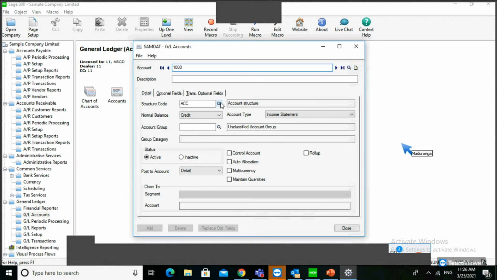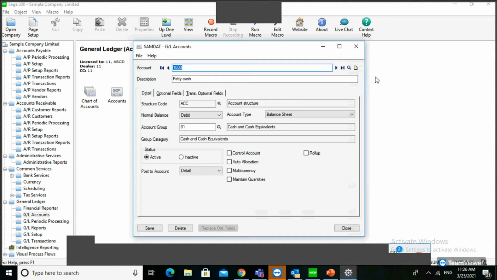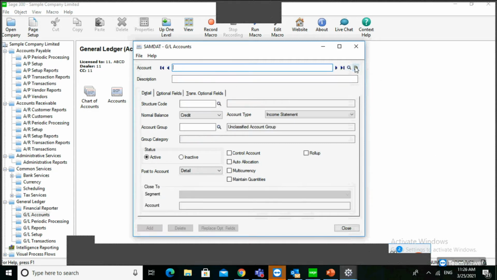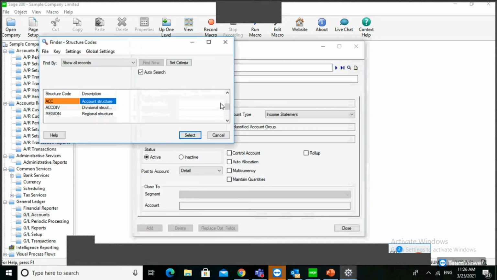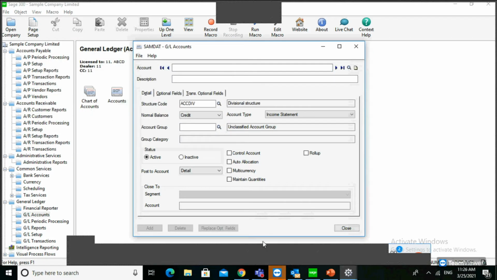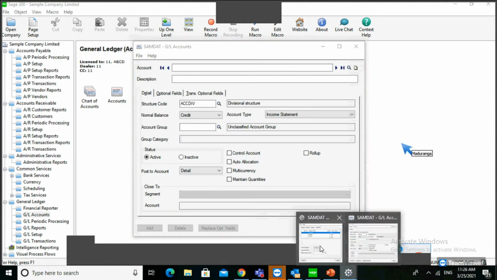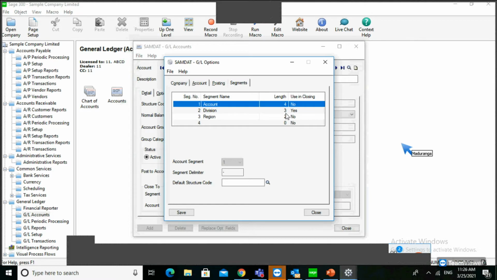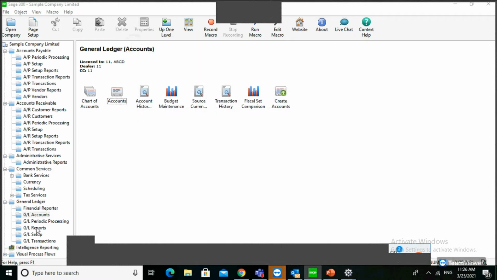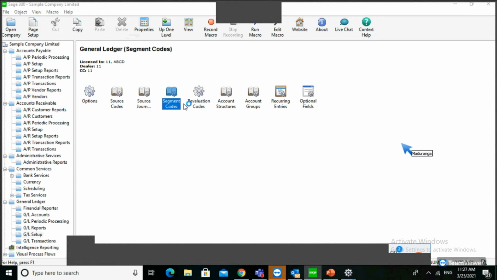If you select the new account structure as account division, then you need to give an 8 digit number. That means the division you have already defined in the GL setup in the segment code.